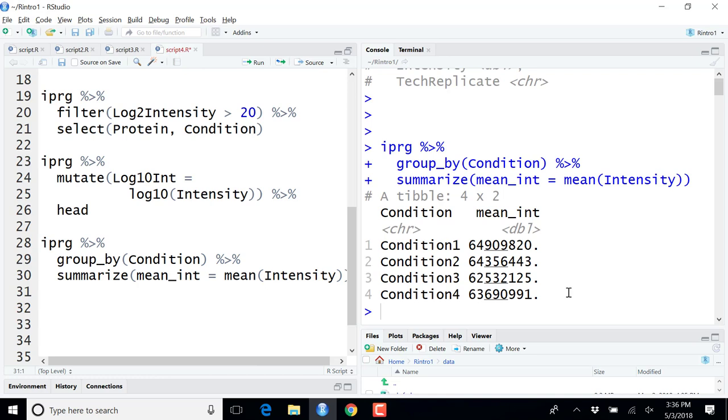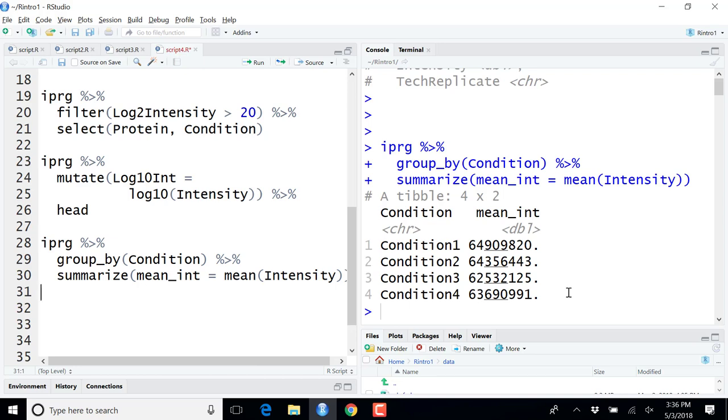We get a table, and that's a very important property. All these verbs, all these actions, filter, select, mutate, group by, and summarize, they all expect a data frame or a table as input. As far as we are concerned, these are the same thing, data frames and tables. And they all return a table or data frame as output. That is, of course, modified, changed, and in this case, our output has 4 rows, 1 per grouping that we did,